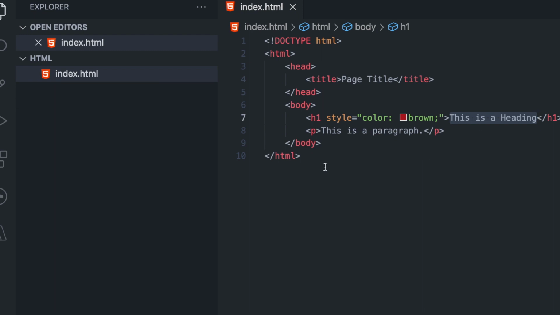Then P, what is h1, what is P, what are these things? There are multiple tags present in HTML for making the work easier. I know this might sound like a little bit of work, but most of the time we won't be using that many tags in our code. Just to assure you, in future videos when we are going to create a lot of great things, at that time we might not even use this many tags, but you should remember the basic ones.